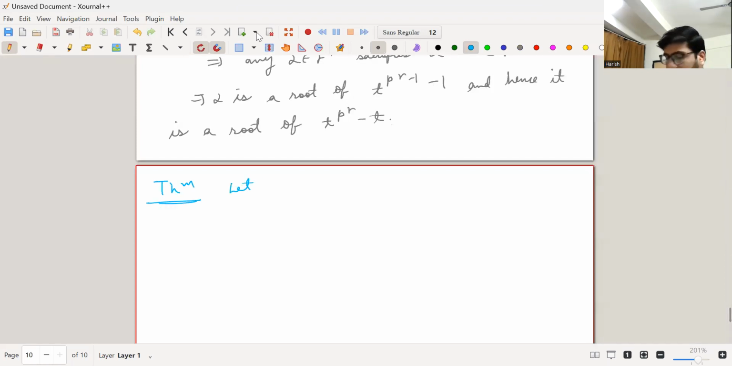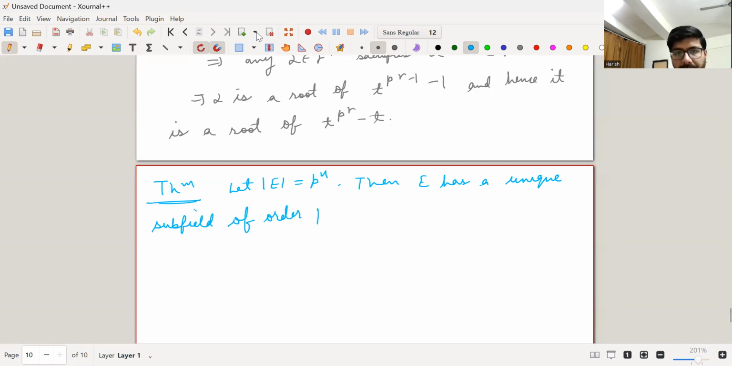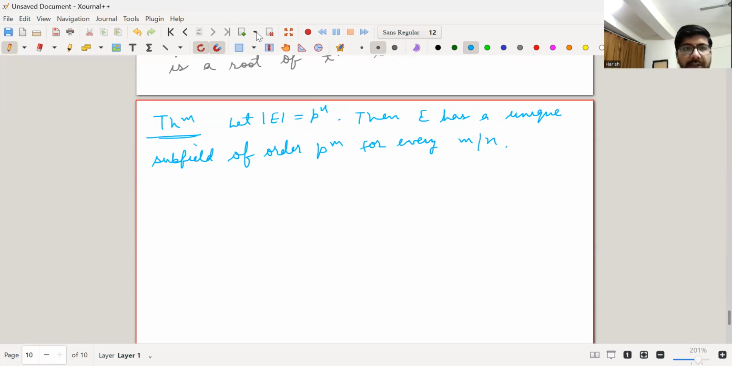If the order of E is equal to p raised to n, then E has a unique subfield of order p raised to m, for every m dividing n. Okay, so we are not going to prove it, but the interesting thing would be to see the tower of